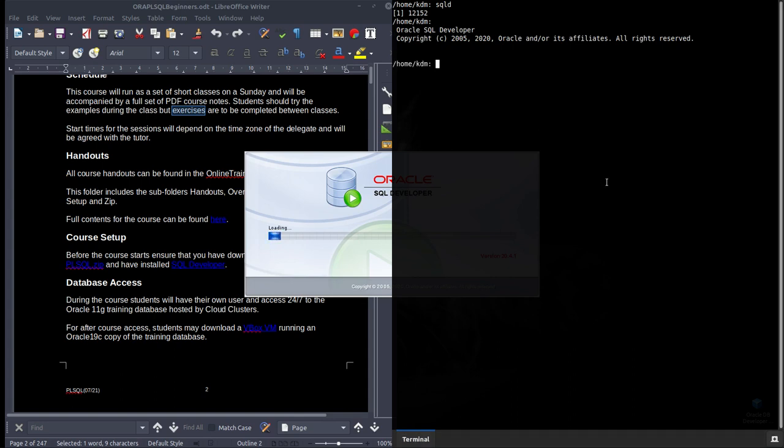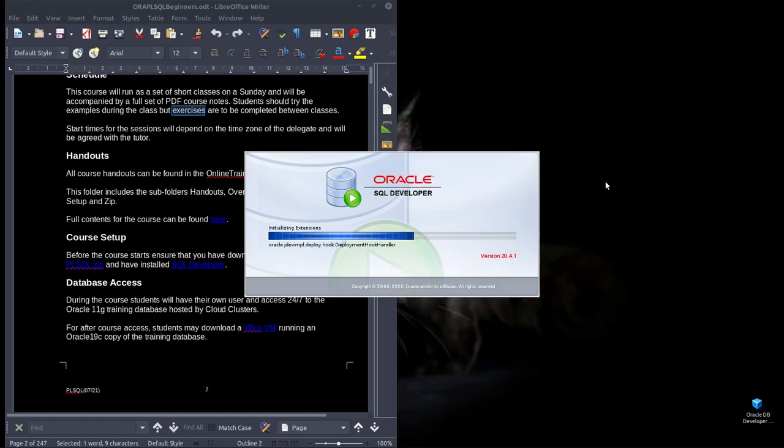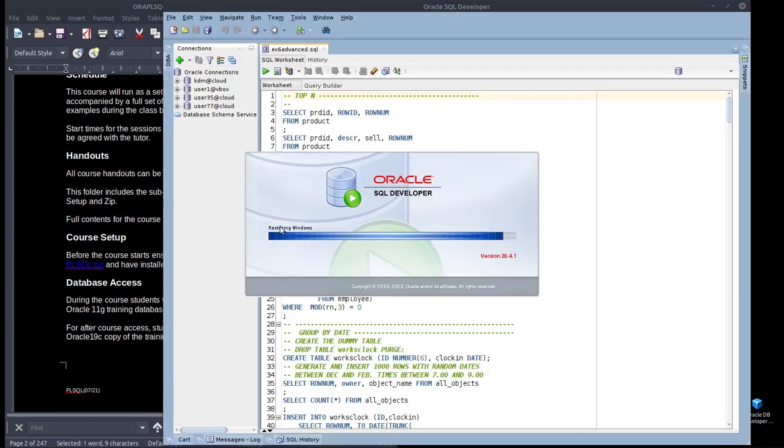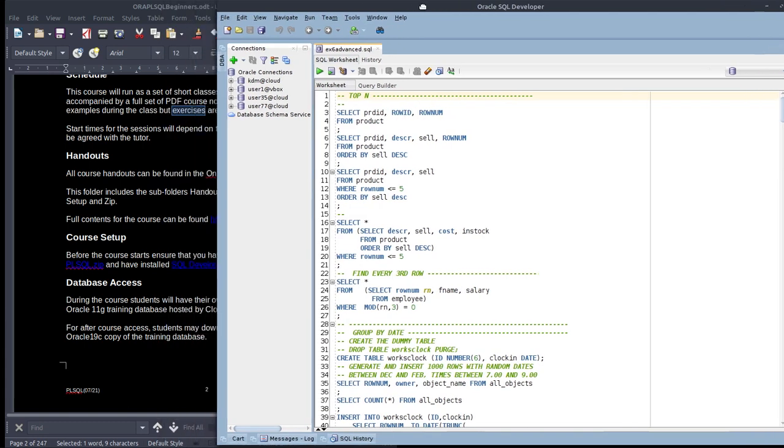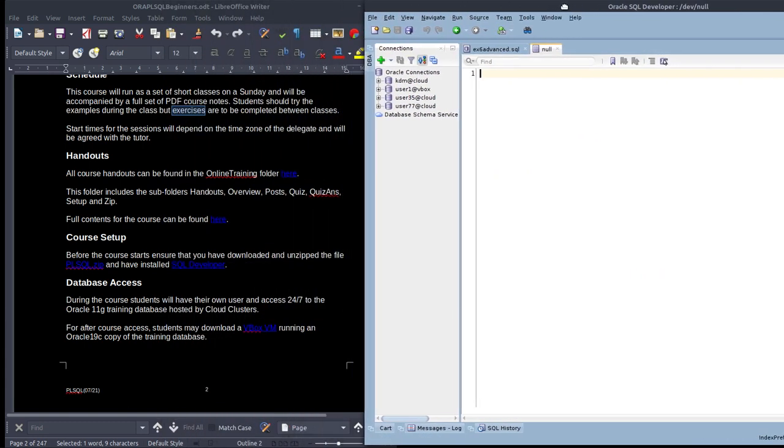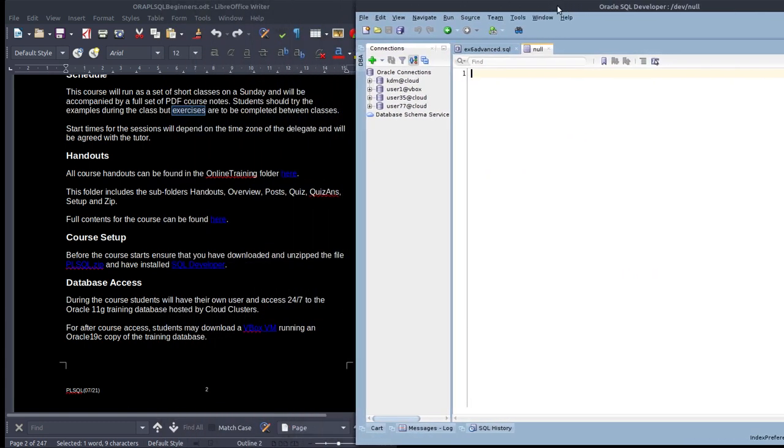And then quit that window, and there I'm in SQL Developer. In a moment, what you will get is access to the database. So during the course you'll have your own user. I'll number them things like PLSQL1, PLSQL2, PLSQL3, 4, etc. With your own password and access 24/7 to the database because it runs in the cloud.